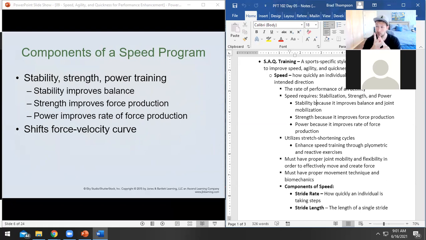For somebody like me, sprinting with a weight sled would be really effective. Sprinting with a parachute would be really effective, or even just a trainer with a resistance band acting as a belt, dragging me backwards as I try to force produce, would be a really good way to improve force production. Whereas somebody else, it might be more about doing drills designed to improve top speed. So overspeed drills, such as running downhill, might be really effective.